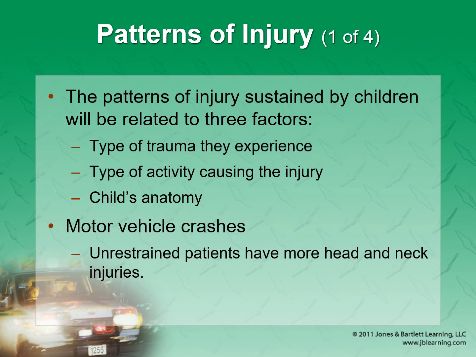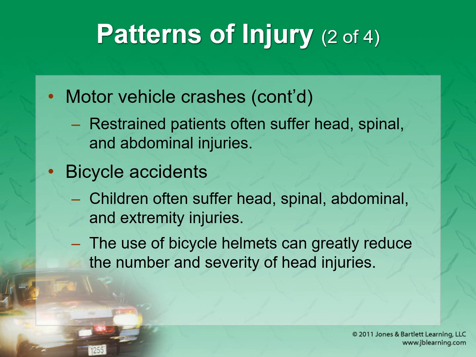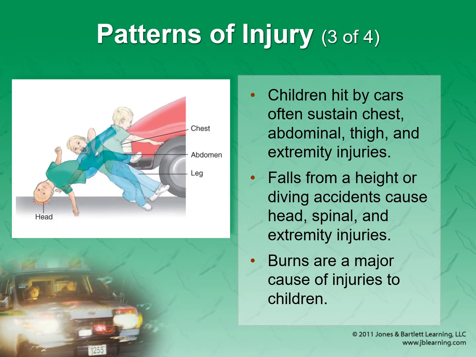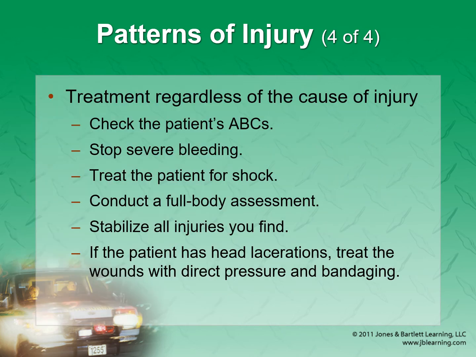So basically, the patterns of injury sustained by children can be these three things: type of trauma, type of activity, and then the child's anatomy, of course. Unrestrained patients have a lot of issues with head and neck pain, neck injuries, whiplash, that kind of thing. Bicycle accidents happen as well, similar to an adult. And these are just some ideas of different injury patterns that you might see in a